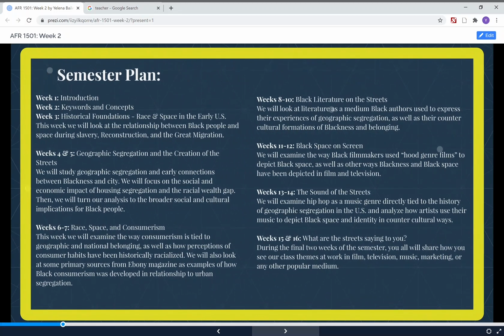So, to give you some sense of this, again, this will be in the syllabus under each week. You'll have your assignments. But because I don't have this ready for you yet, because we're waiting to get me that library access, I at least wanted to give you a picture of everything. So you already know last week was introduction, this week keywords and concepts. Again, it's a little heavy or dense, but we're laying the groundwork for how we're going to analyze and discuss these issues.